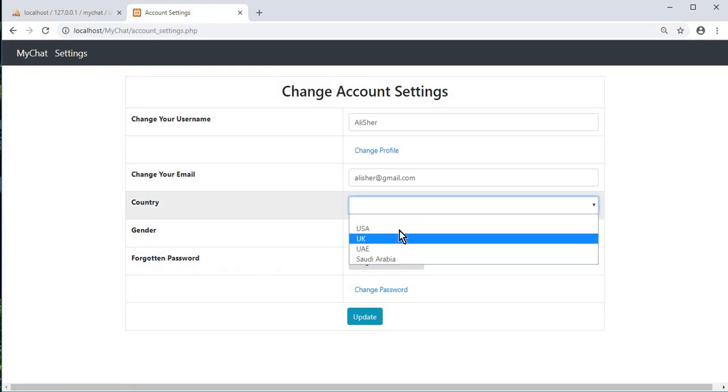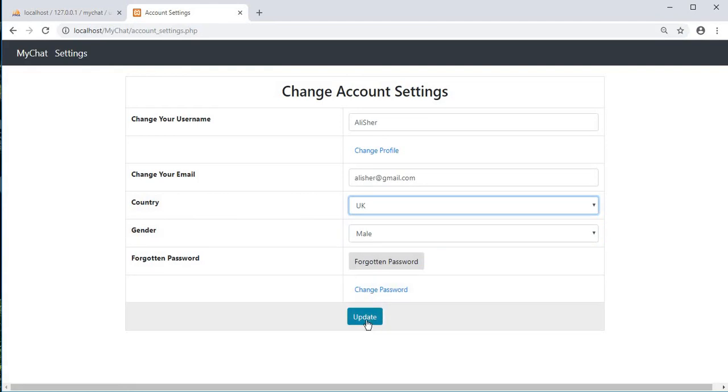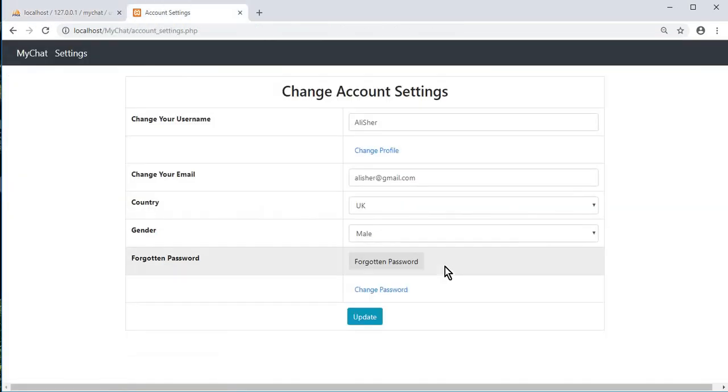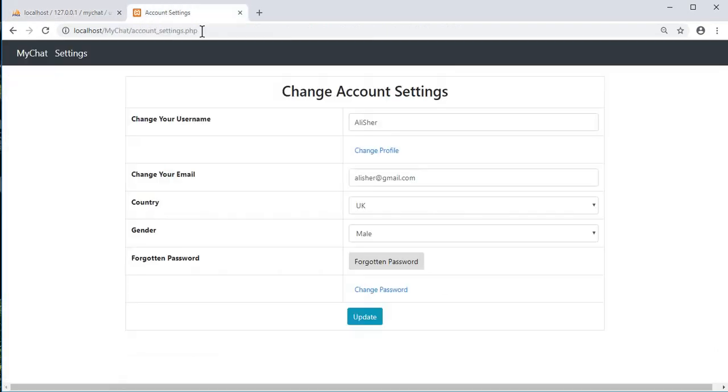If I now change it to UK and click on update, now it didn't give out that error. If I now check my table, it says that user country is now UK. Okay, and if I click update again, it will still update that data,